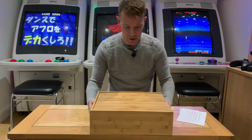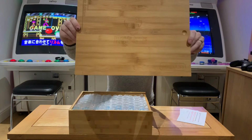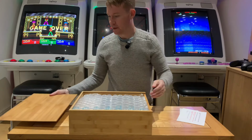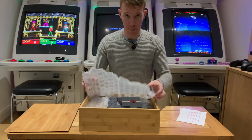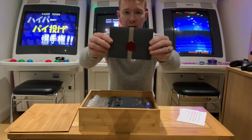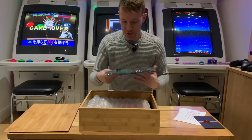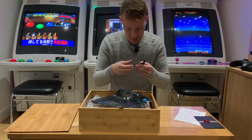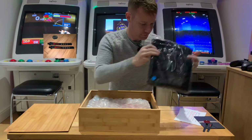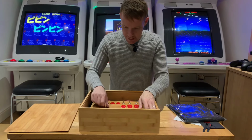So this is what we're greeted with. Lovely box. Lovely Shika Arcades logo on it. Again, more bubble wrap. And this is what I was talking about, the instructions with the wax seal on it. A lot of people like keeping them closed. And then we've got, I have no idea what these are, some sort of straps. More bubble wrap, and then this absolutely stunning